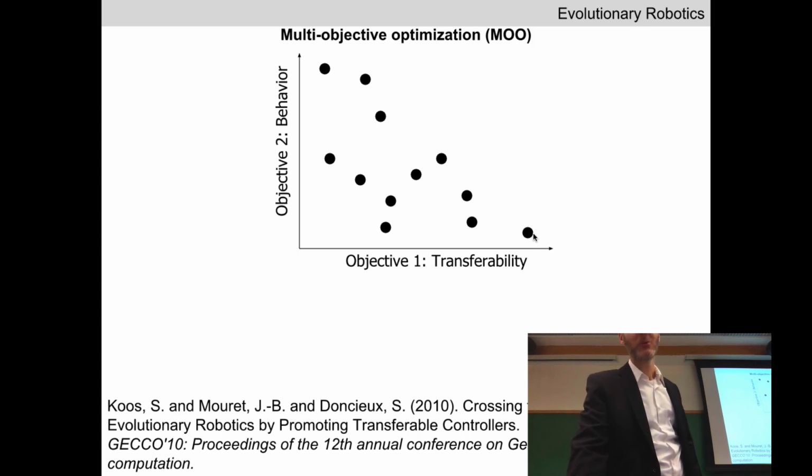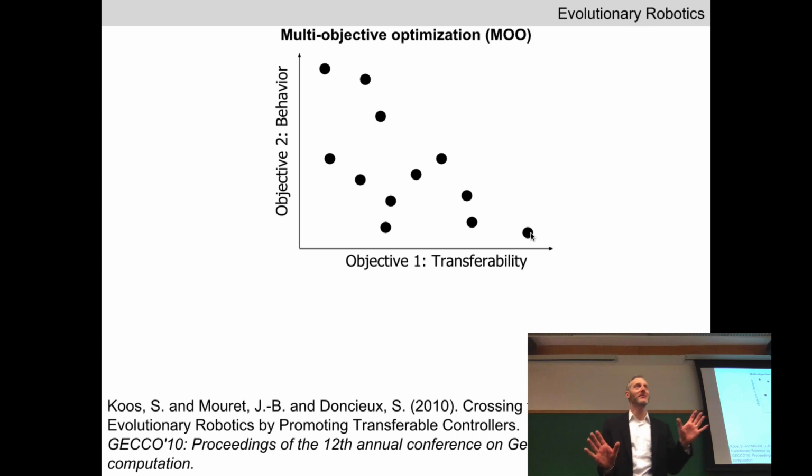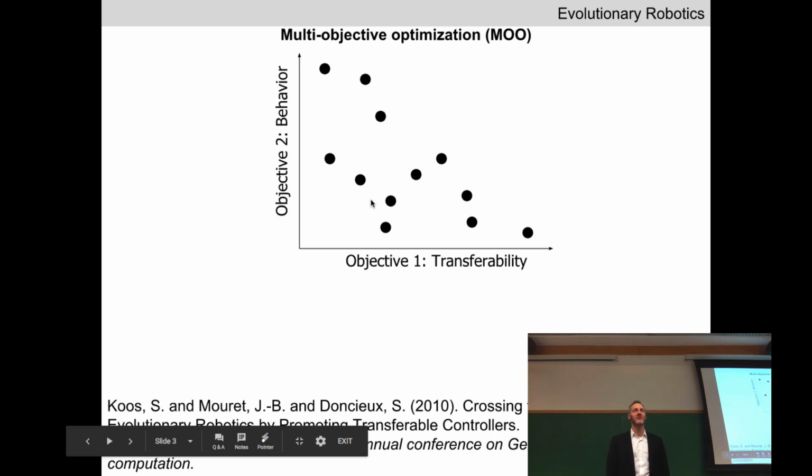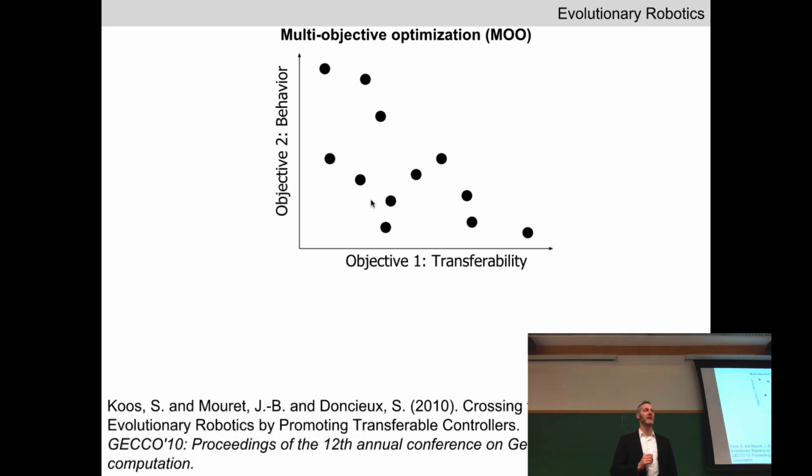We might want to get rid of this one or this one. Maybe, but they are doing well at one of the two things. So let's set those two specialists aside for the moment. Which ones are clearly destined for the chopping block here? Probably the ones at the bottom left. These down here are doing poorly on both objectives. So those, for sure, we're going to get rid of.